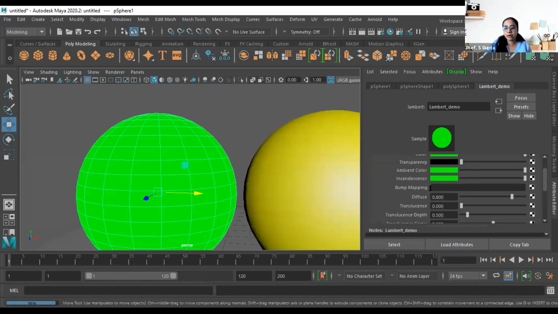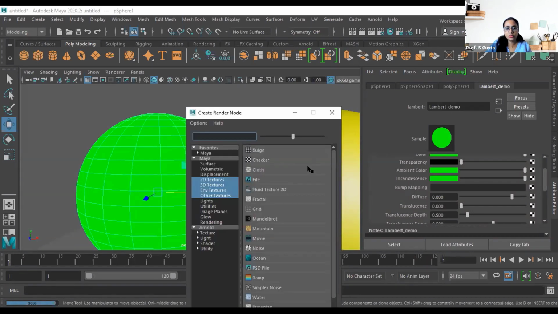Then we have bump map. It's a long thing to study again, because when we talk about texturing inside any 3D software, we have to work with maps. So bump map creates the illusion of roughness, but does not make changes in the mesh. It just creates an illusion. If I can use any map here,